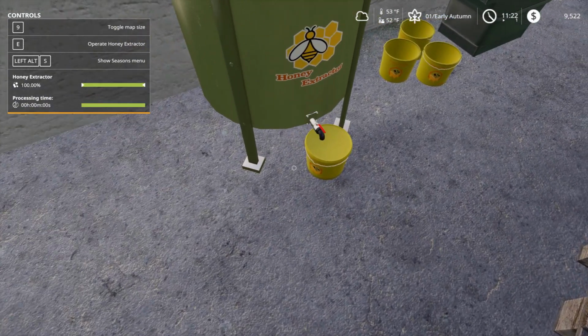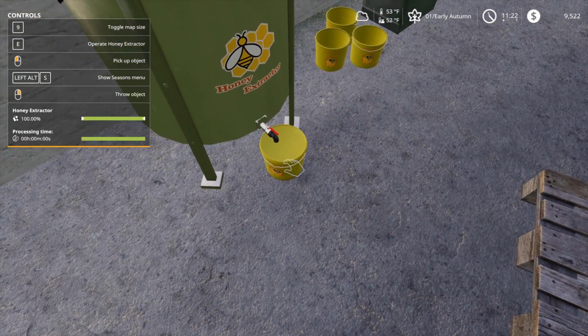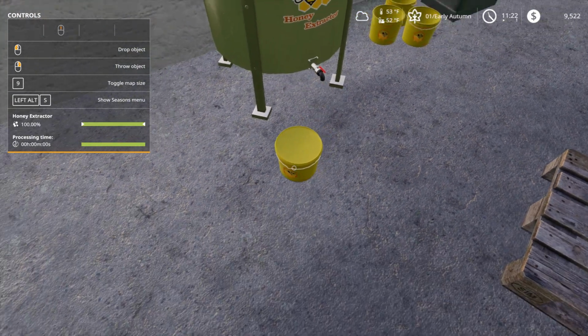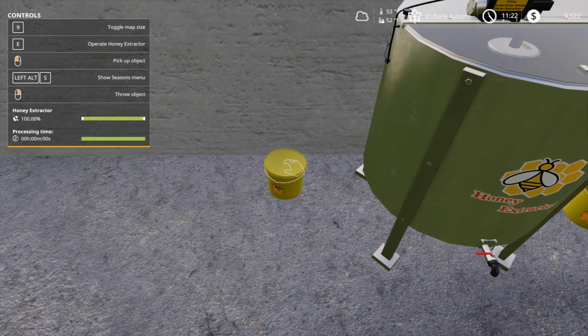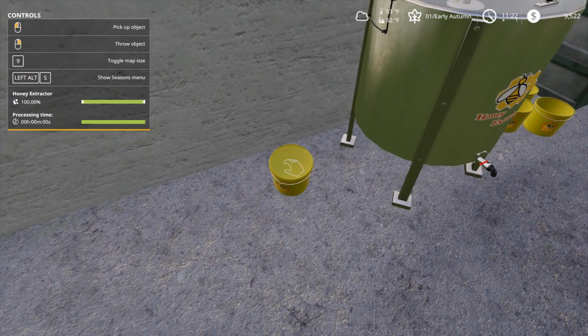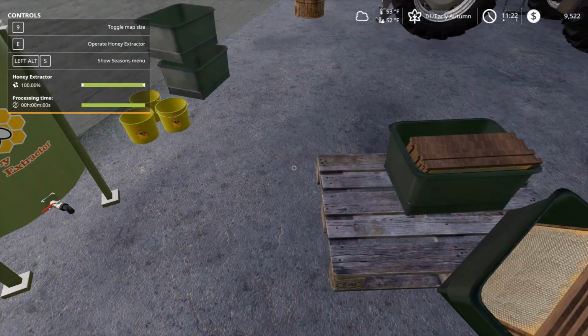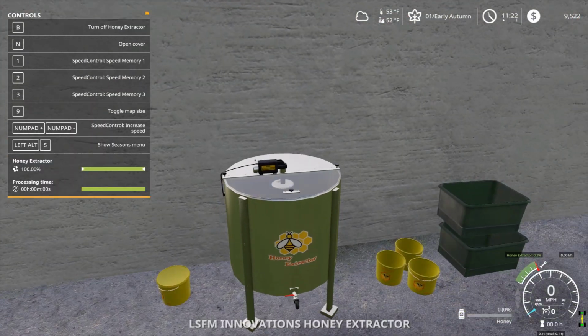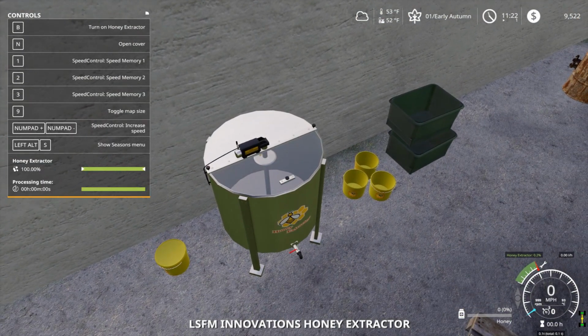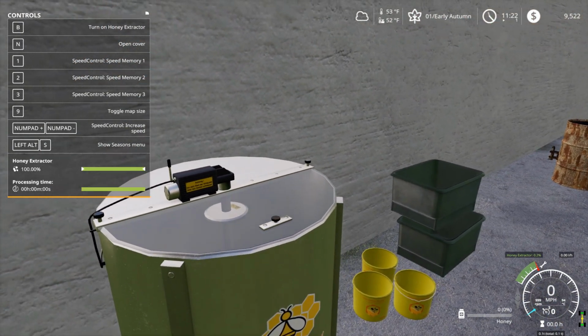Okay, so you get 1 bucket of honey for every 2 frames. That's not much. I need to put some shelves in here too. We got to do that eventually, so we can store our honey. Let me jump in here and turn it off. Oh, we lose our... Oh, man. So I gotta buy...